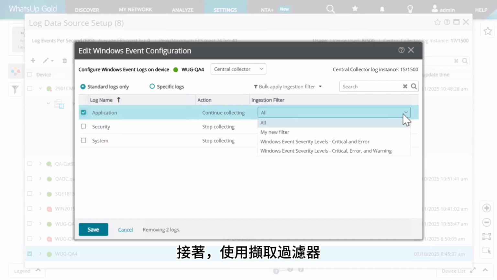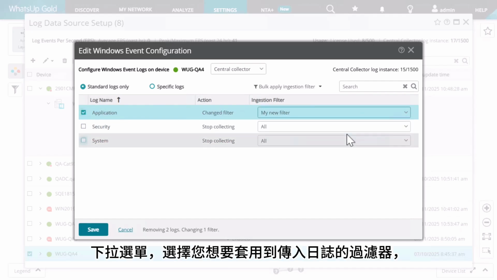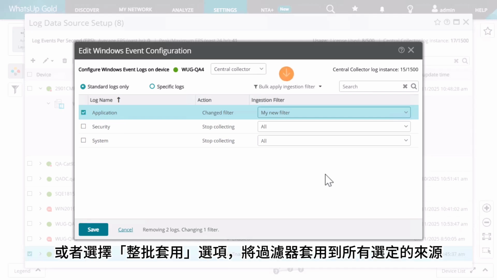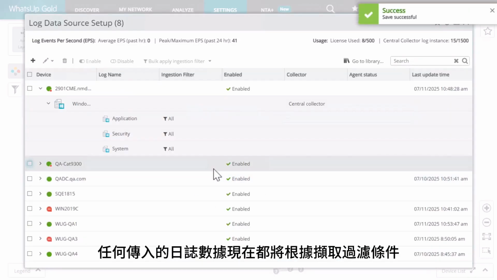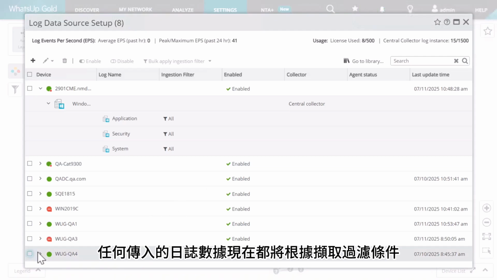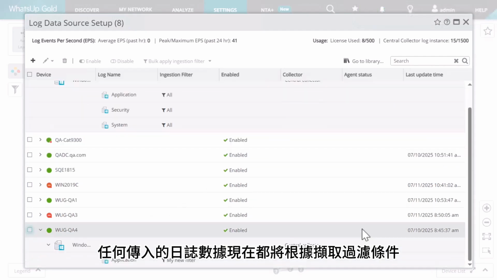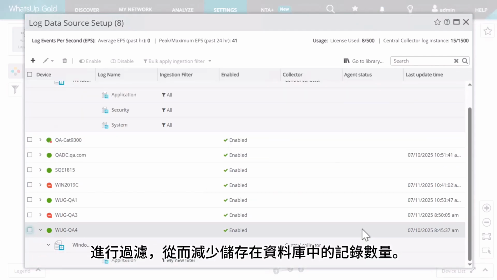Then, use the Ingestion Filter drop-down menu to choose the ingestion filter you want to apply to incoming logs. Or, select the Bulk Apply option to select a filter to apply to all of the selected sources. Click Save to save your changes. Any incoming log data will now be filtered according to the ingestion filter criteria, reducing the number of records stored